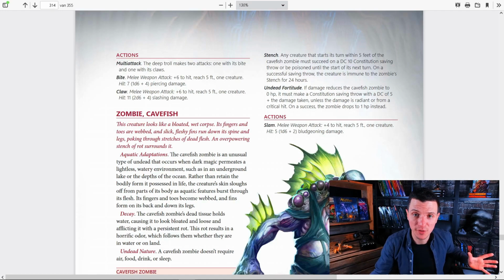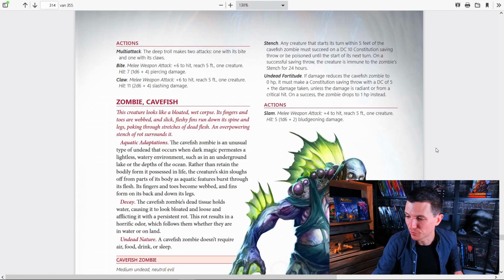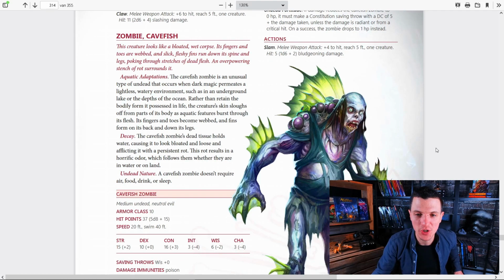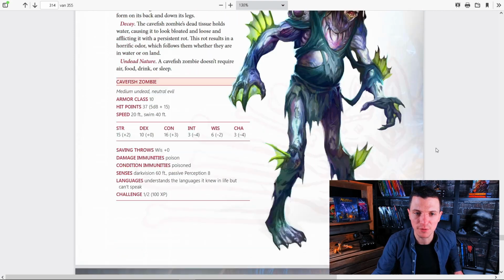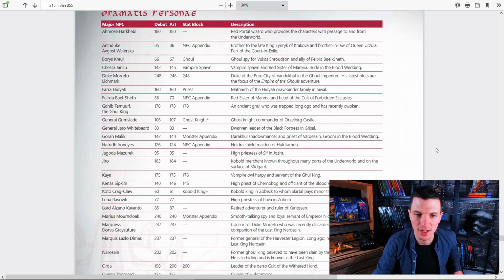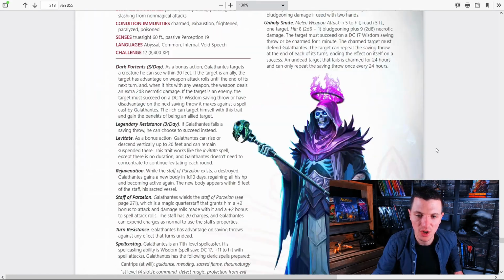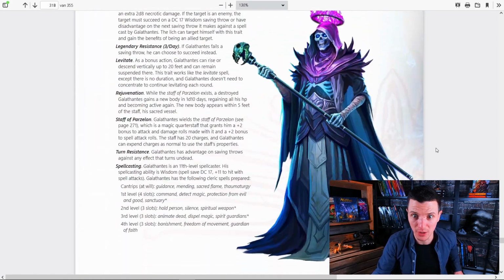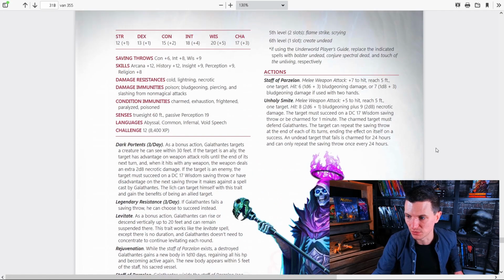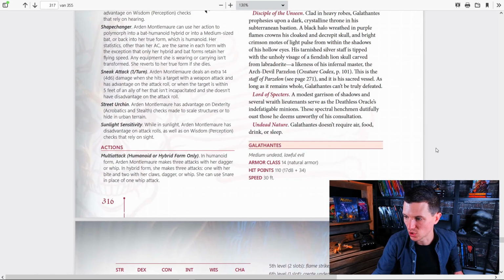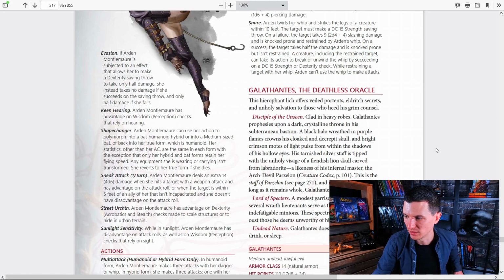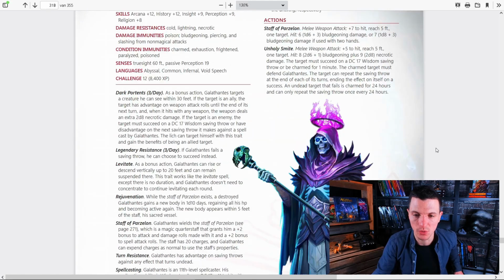And since I'm doing this video and I was scrolling through the PDF anyway, I just want to show you some artwork from the Dramatis Personae at the end of this module. You can see there's a bunch of different types of zombies. There is the entire cast from the adventure, but as you can see, there's a lot of stuff going on underground. Look at this dude, he's just crazy, right? What is he called? He's called the Deathless Oracle. Okay, that's a cool thing.